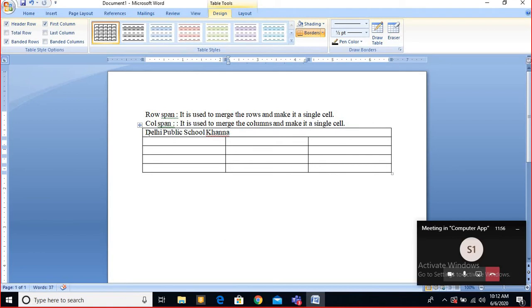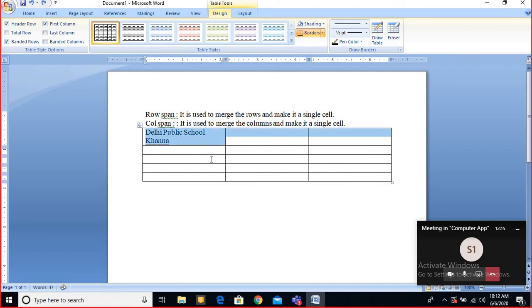So you see now it's a single cell, but earlier it was the column. If you see which span I used here, can anybody tell me? Row span. Column span. Column span. It is not a row span, because if you see this carefully, earlier it was a column.